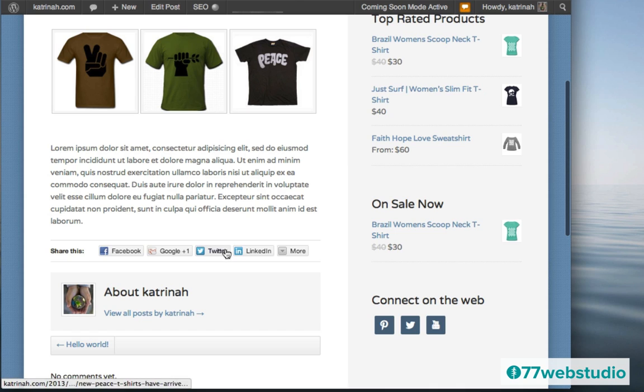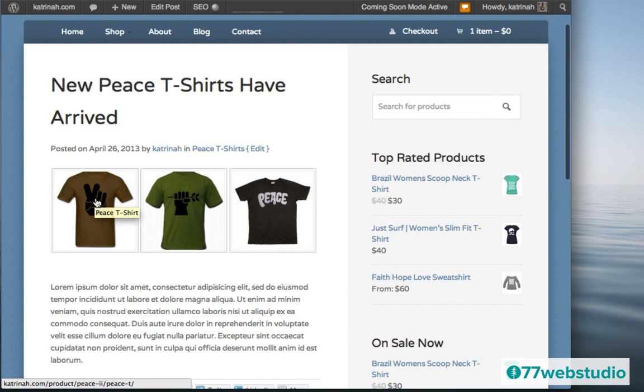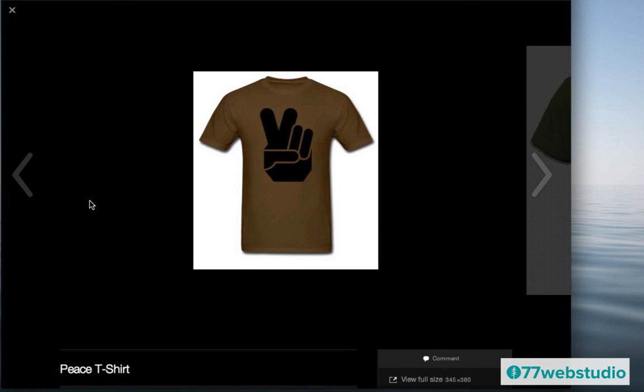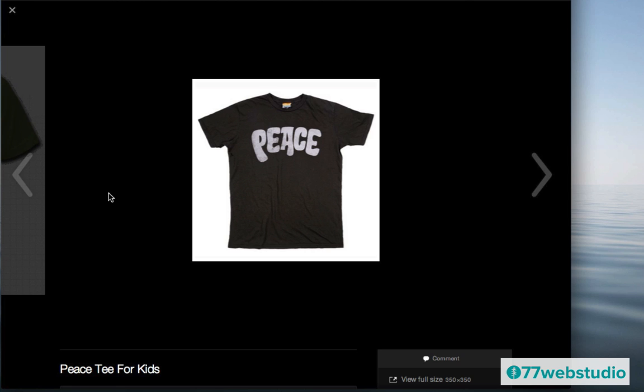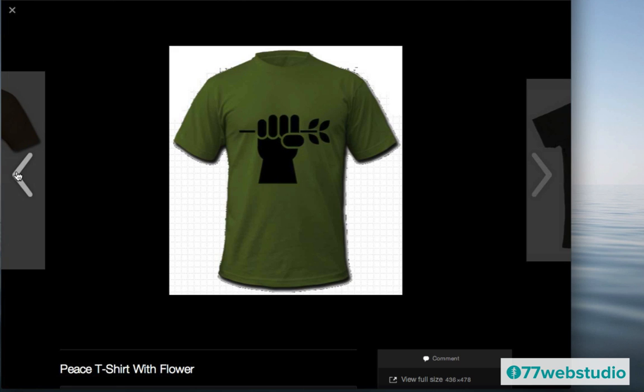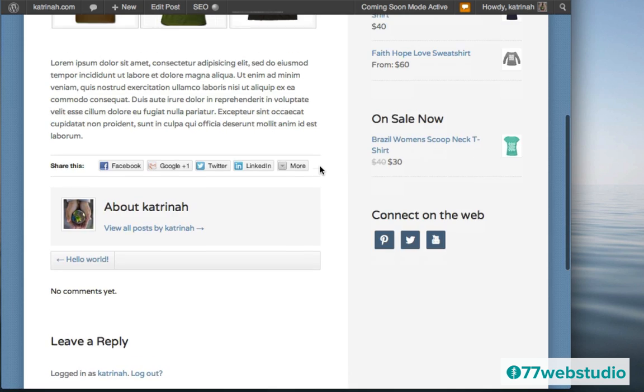And here it is as before. Now note, we now have these different social network sharing icons, so you can share this post with anyone via Facebook, Google, Twitter, or other kinds of social networks. But I want to click on these links here, these images, to see if the lightbox displays. So I'm going to click on this one right here. And there you go, voila. So now we have a really nice image gallery for our images. It looks a lot better than sending someone to another page. So that is really cool. That is how you create an image gallery within WooThemes on your blog post.